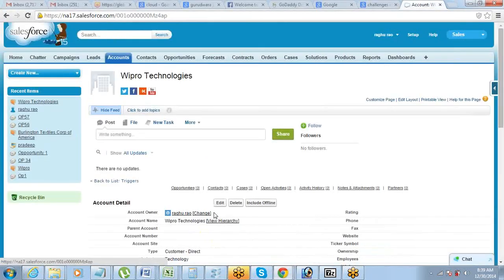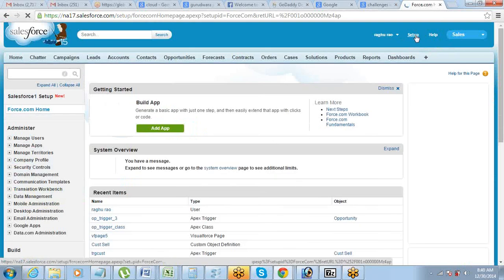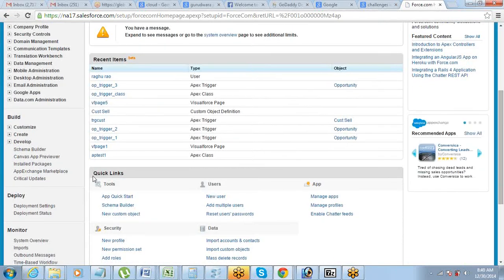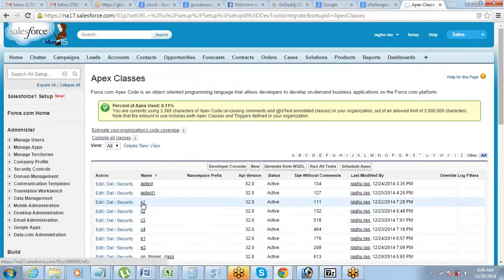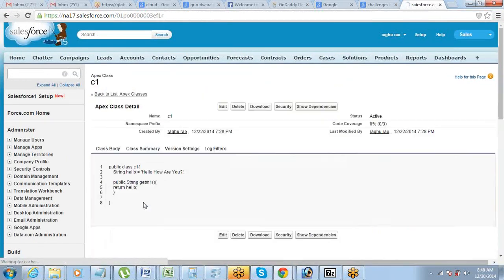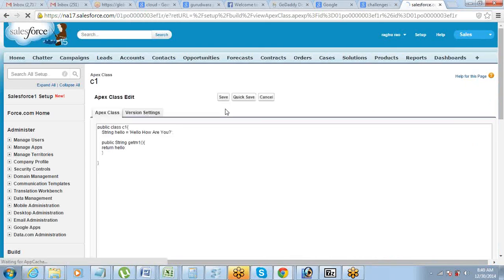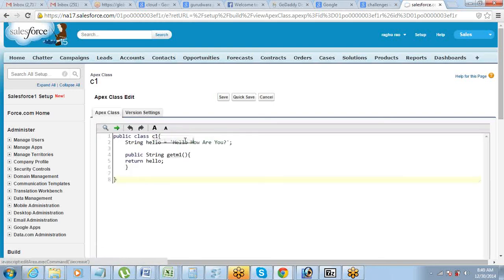For example, let me go to an existing class. We have created a few classes now. Let's say I go to this class C1. If I want to make this class schedulable, then I have to say implements Schedulable.